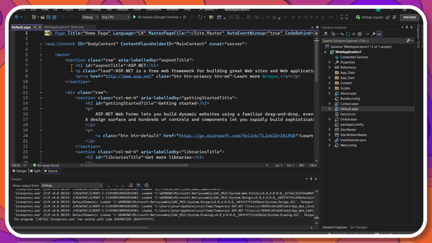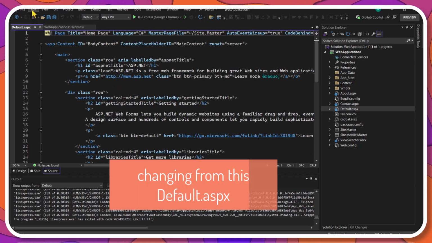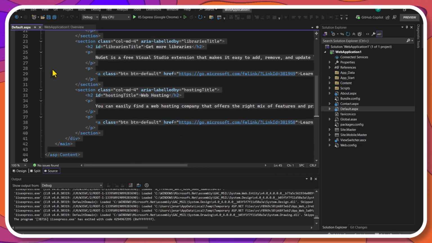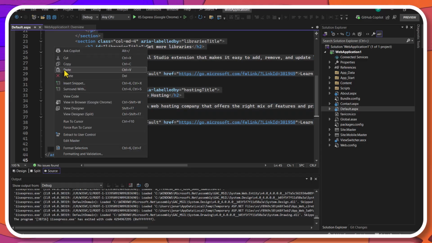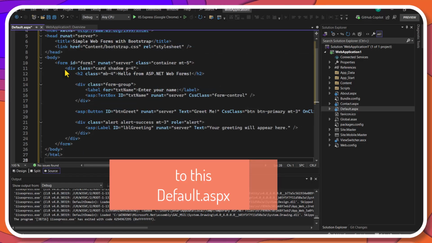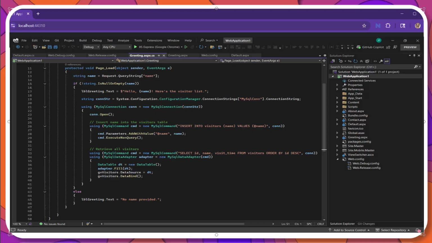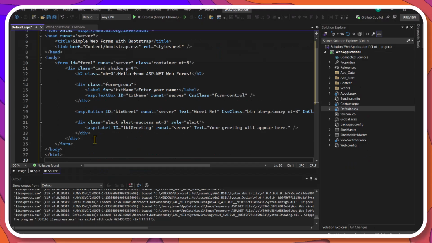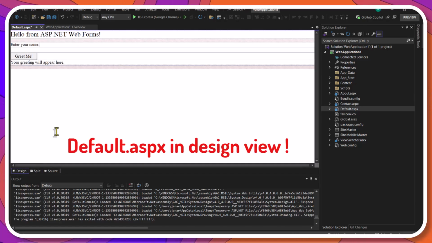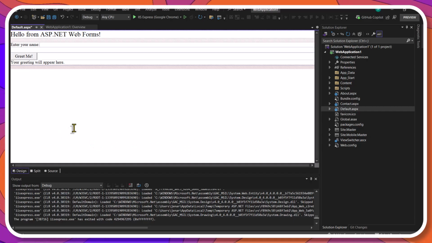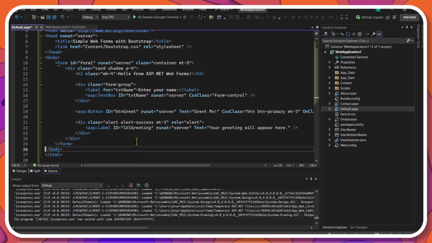We don't need this code, so let's replace it with a new one. If you switch to Design View, you will see this form. And if you are in Design View, you can switch to Source Mode.